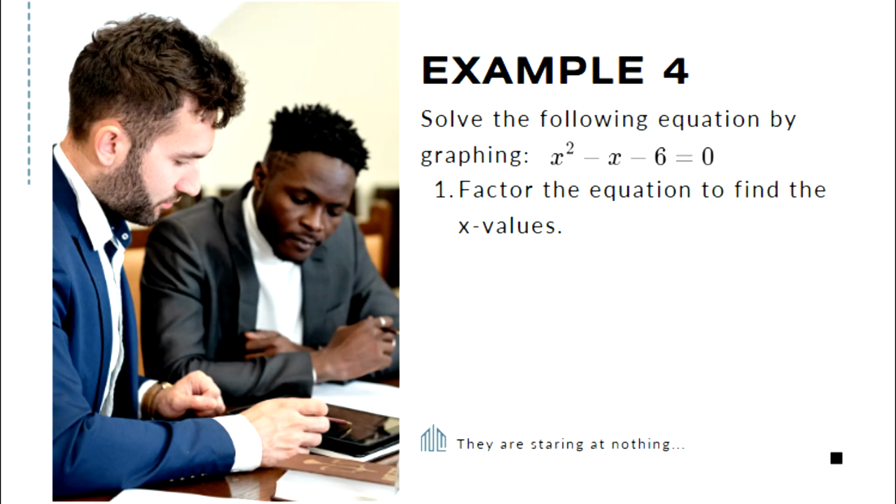Here's example number 4. Solve the following equation by graphing. x squared minus x minus 6 equals 0. Factor the equation to find the values. So the first thing we need to do is factor this out. We need to find the factors of 6 that are going to give us negative 1. So 6 factors into 1 and 6, and 2 and 3. And if we take 2 and subtract 3, we'll get negative 1. So it factors into